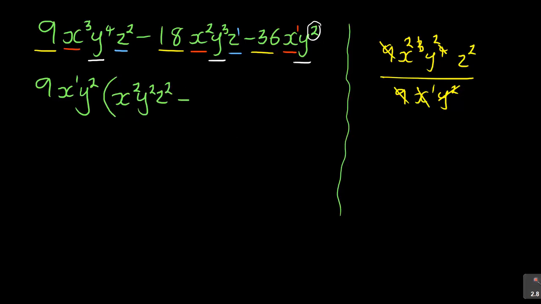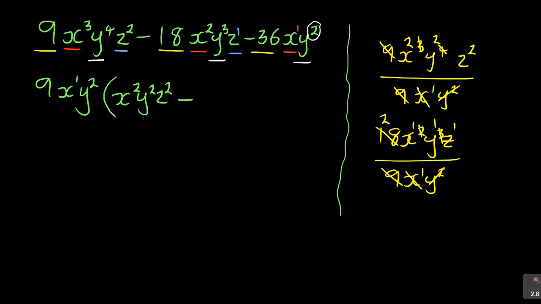Then there is minus. Do the same thing. You are looking at 18 x squared, y cubed, z over 9x y squared. Do the same thing. 9 into 18, you get the 2. x will cancel the x squared to remain with 1. y squared and y cubed remain with 1. So it's 2x y z in a way. So it's 2xyz.